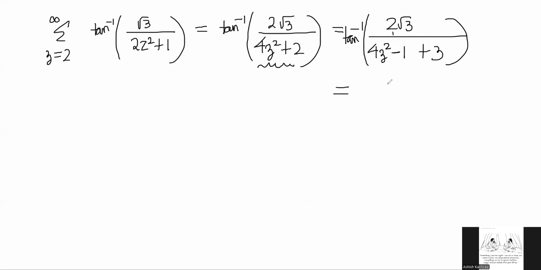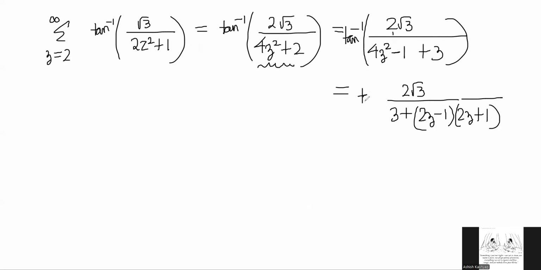And why is this better for us? Because we can write it as 2 root 3 by 3 plus 2z minus 1 times 2z plus 1. And this is a tan inverse, right? Now, this is root 3 square. So you should realize that I can divide up and down by basically 3,